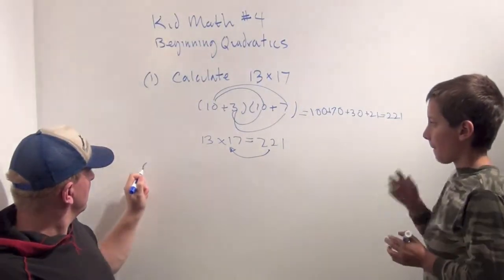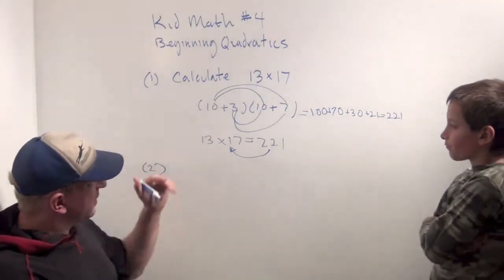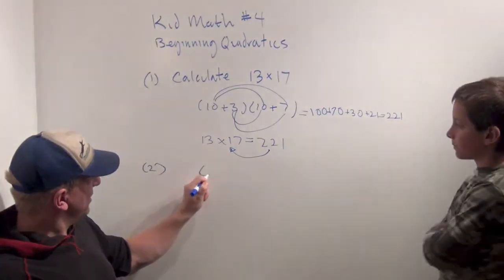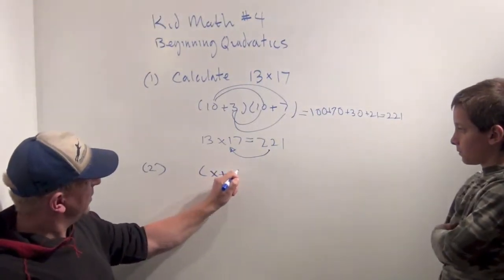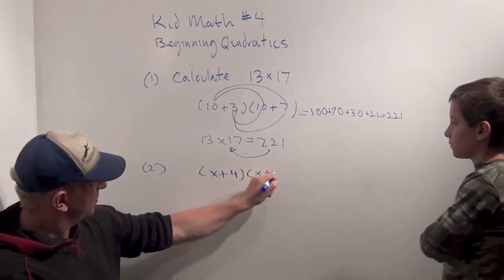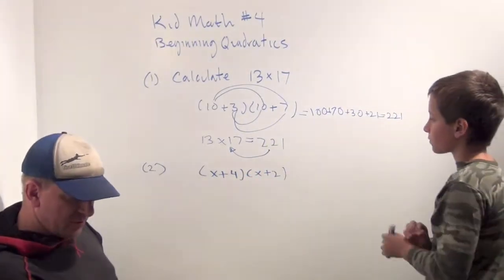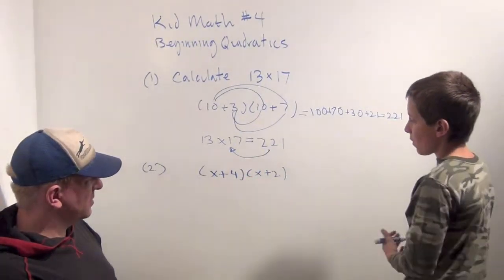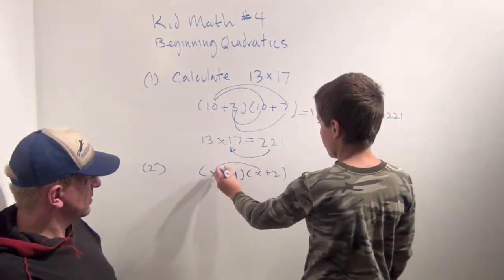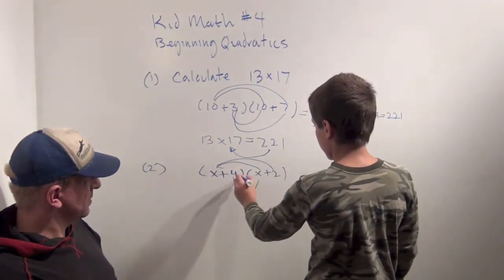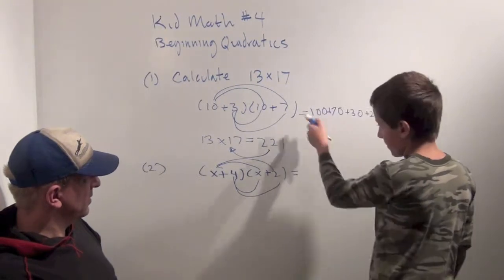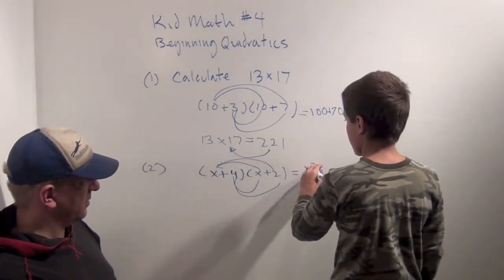So in this section, we're studying expressions like this: x plus 4 times x plus 2. Okay, how would you multiply that out? Well, I do like this. Okay, same as up here. Same as up there. X squared,